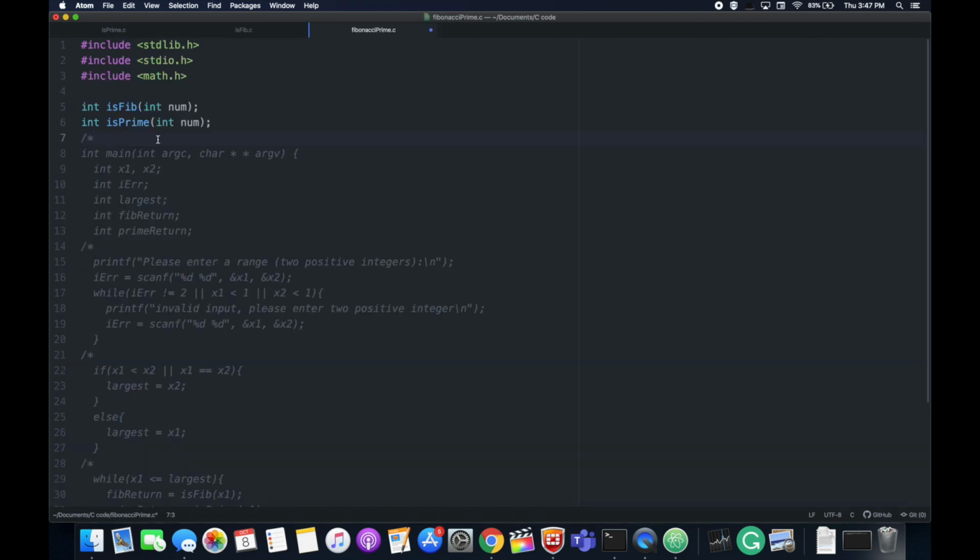This is the final program for this video. We will be asking the user for a range of numbers, like 10 to 100 for example, and our program will go through each number in that range and check if it is a Fibonacci prime number. If it finds any, it will print those